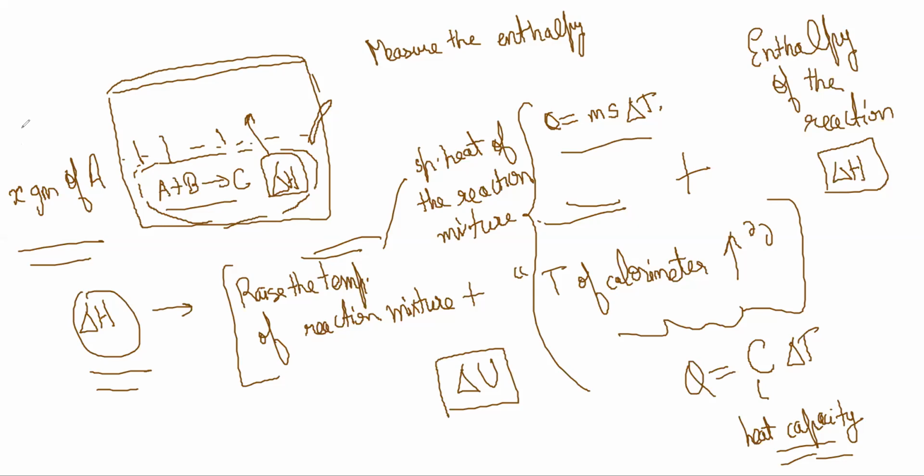So don't just leave it here. This is for X grams, the heat has come out, right? When you say standard enthalpy, you also say 1 mole of A, how much heat came out, right? This might not be the same, so you have to multiply by that ratio. So calorimetry is basically used in this context only. You can see the temperature rise, you can estimate the specific heat, and heat capacity might be given. And then from there you can find out how much heat should be released in the reaction if it is carried out in the laboratory, right? Okay. So that's about it.